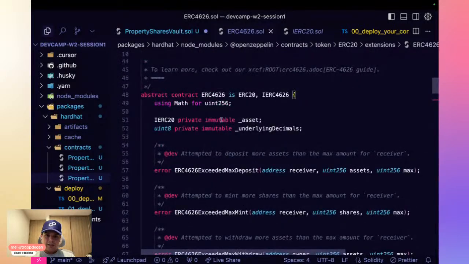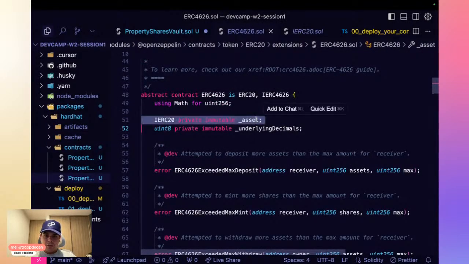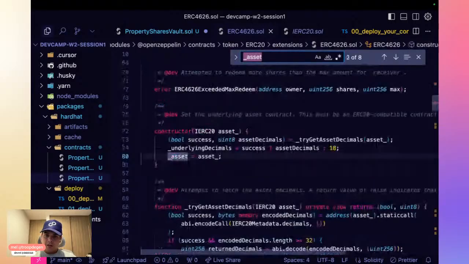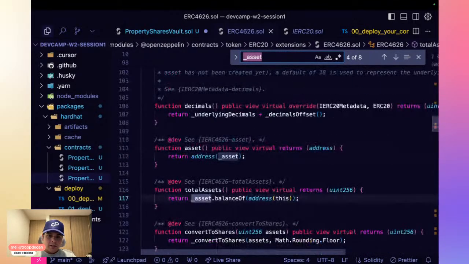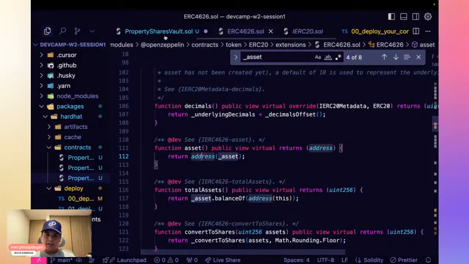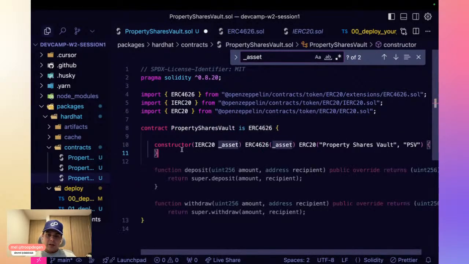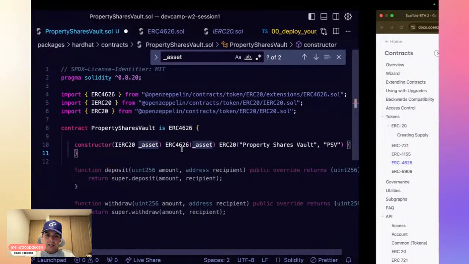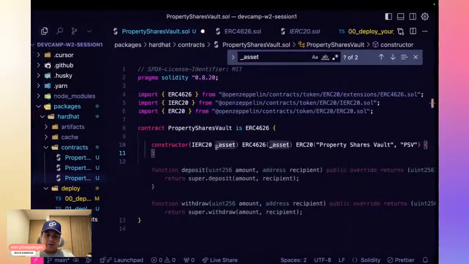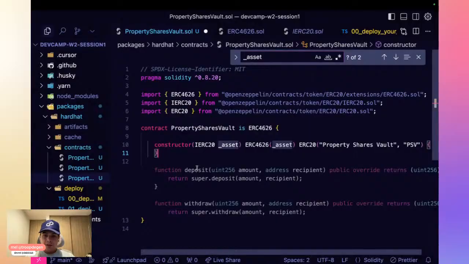We will always have access to this asset, it's private, but we can call it probably in another function. There you go, the asset, and it returns the address of the proper asset. And that's the token that we will be accepting. So there are a couple of things that we need to take into account, which is precisely as Cursor is suggesting, the deposit function and the withdraw function.